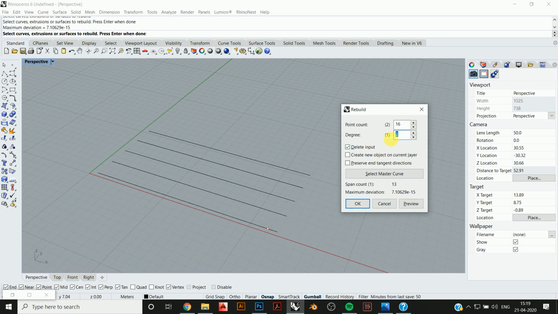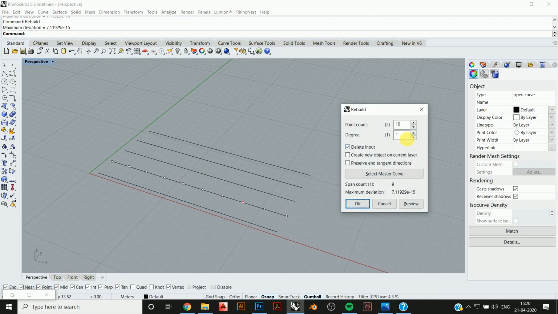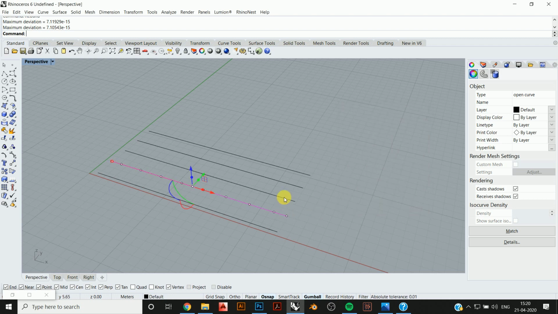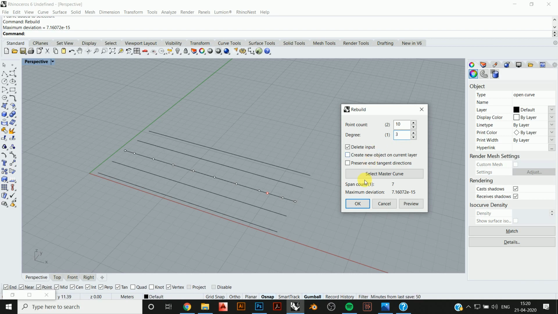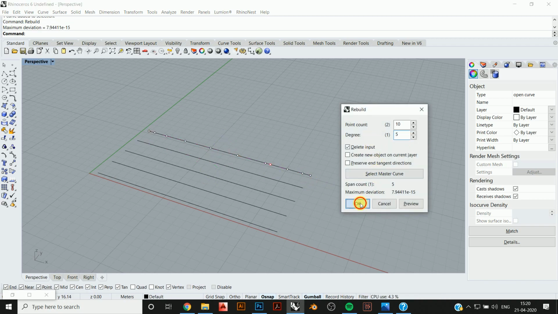So we can change the degree accordingly. Presently I'm keeping 1, and this has 10 points. If you preview, because it's a straight line, it's not that affectable. So I'm also changing this curve to degree 2, this one to degree 3 with 10 points, this is degree 4, and this is degree 5.